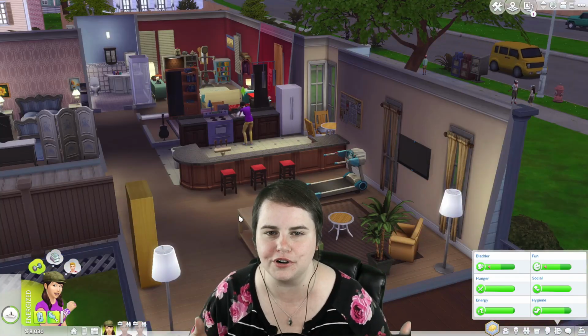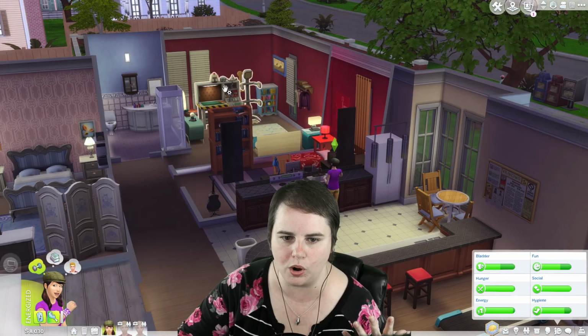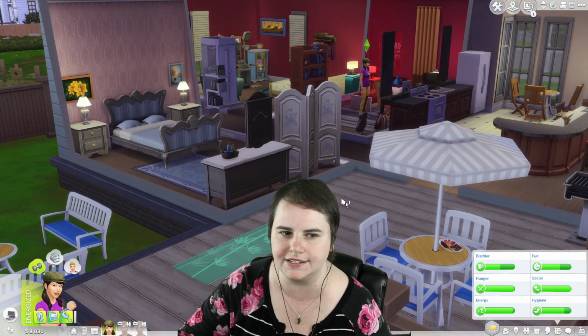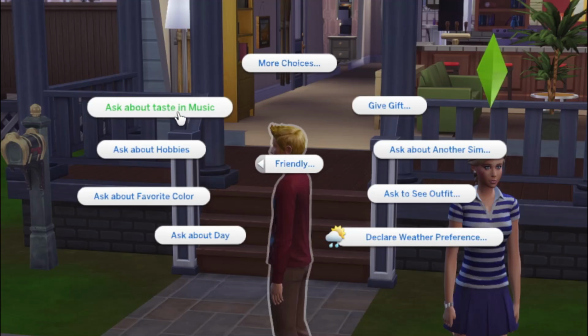So what I was saying is I don't understand why that same autonomy couldn't be applied to the things that they like. Why won't Liberty play around with her robotic station? Why won't Summer use the yoga mat autonomously? I don't know. I also like that you have the ability to ask other Sims about their taste in music